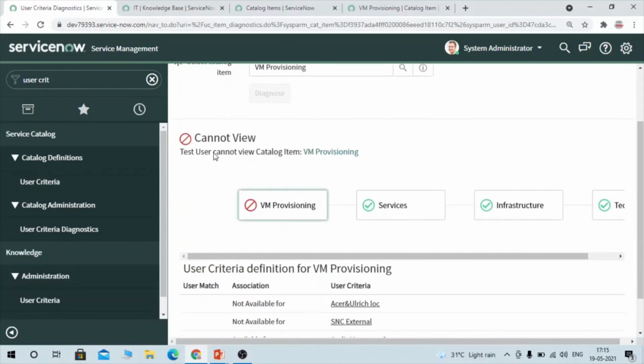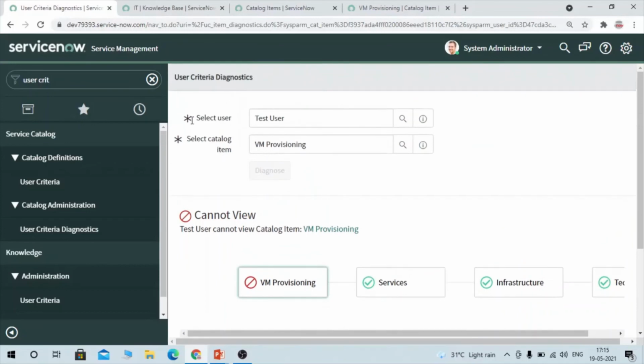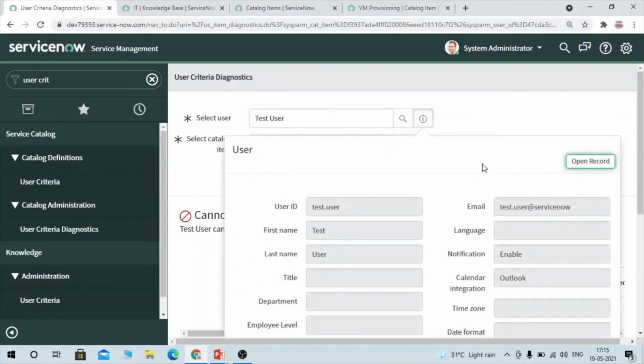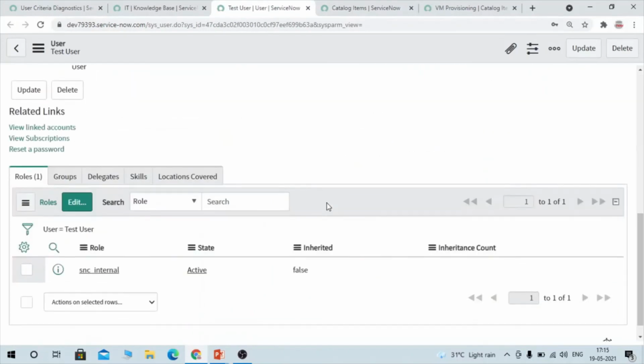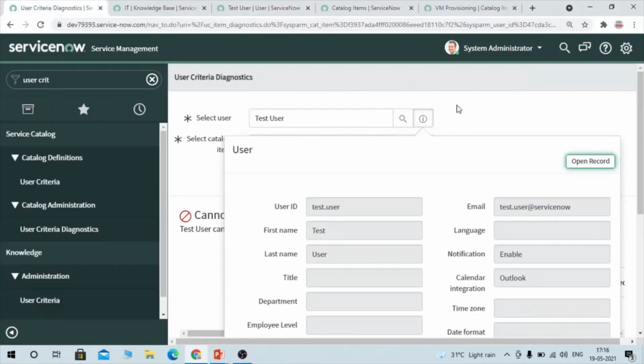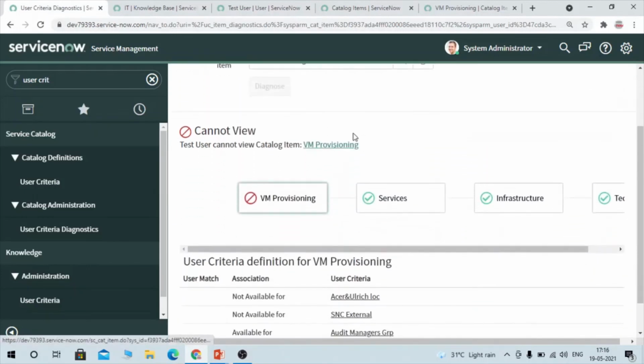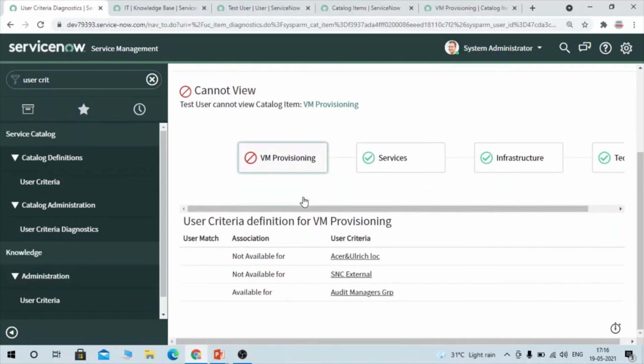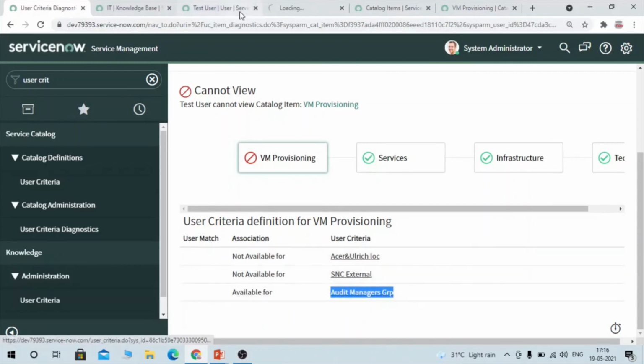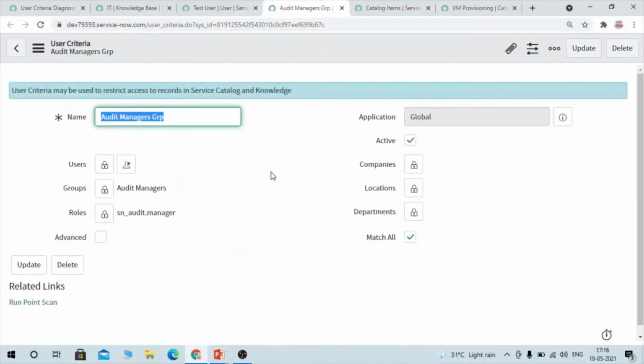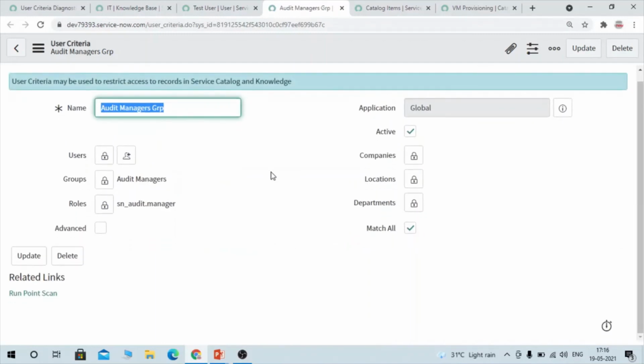See here, cannot view, because this test user does not have audit manager access, right? He is not part of that group, and he does not have the role which we have defined in our user criteria. That's why he is not able to view this catalog item. It says not available for this user, only available for the audit manager group. So whoever is part of this group can only access this catalog item.